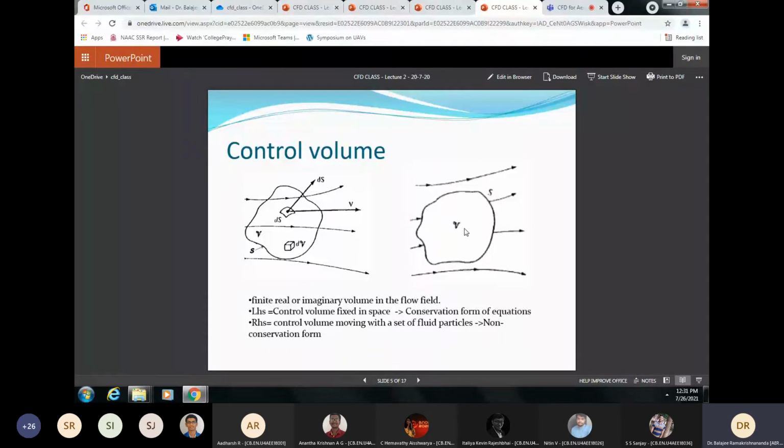Here this V is drawn around the same set of particles. So if the particles move around, the volume flows with them. This same set of particles will be somewhere else in the flow field. But what happens inside the particles? Do the pressure, density, temperature or velocity of the particles change with time? If you bother about that formulation, that is the Lagrangian we have seen. In this approach, we call the resulting equations the non-conservation form. One can be converted to the other. It's not a big thing. You would have done it earlier in your course.